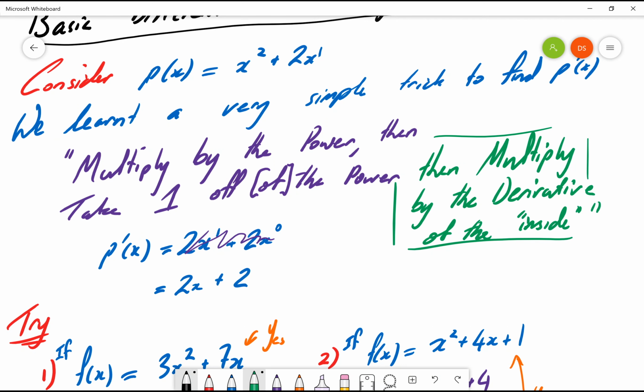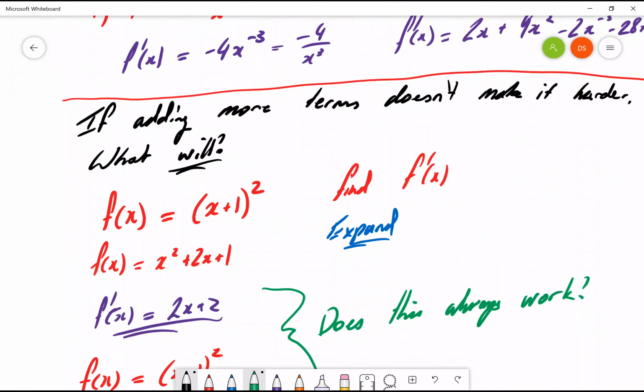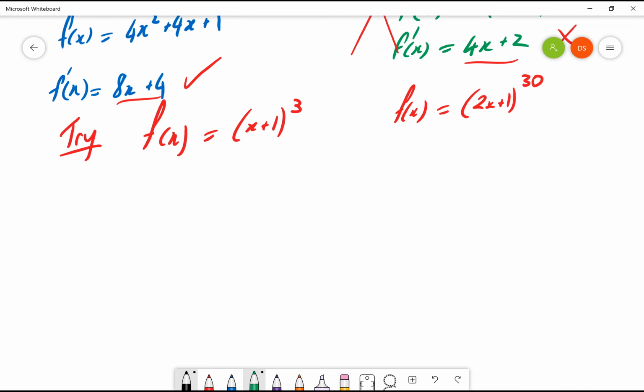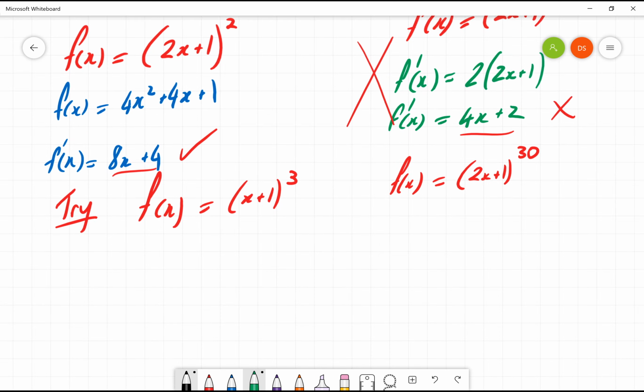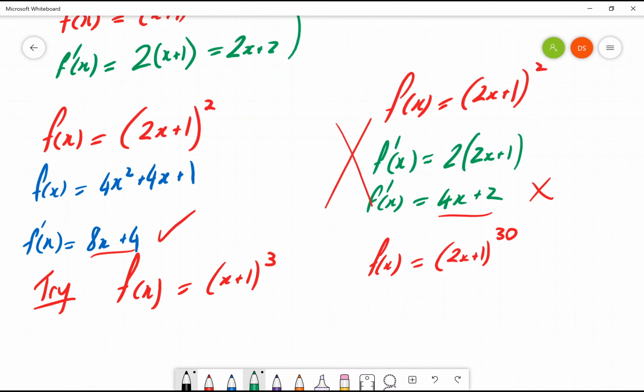So let's try it and see if it works. And what we're going to try it with is this part here in green. So let's see if we can change our fate. Multiplied by the power, so multiplied by 2, took 1 off the power, so that's 1, and then I multiply by the derivative of the inside. And what's the derivative of 2x plus 1? It's 2. And so if I multiplied this by 2,